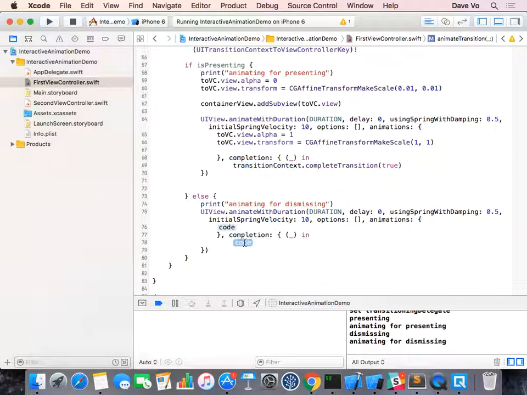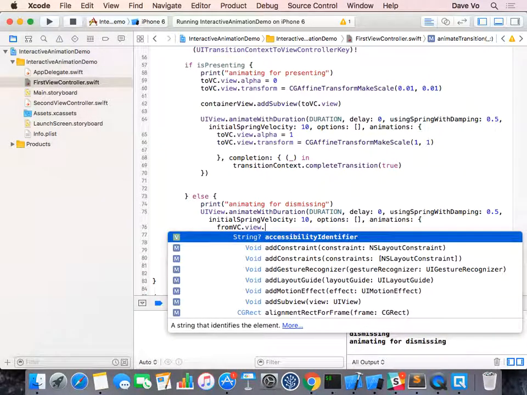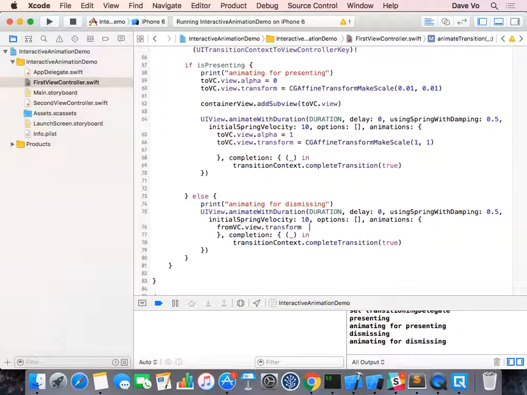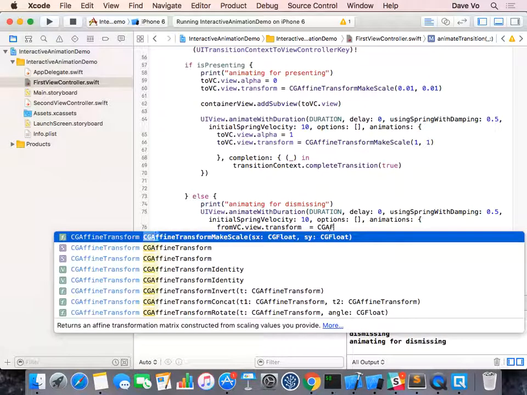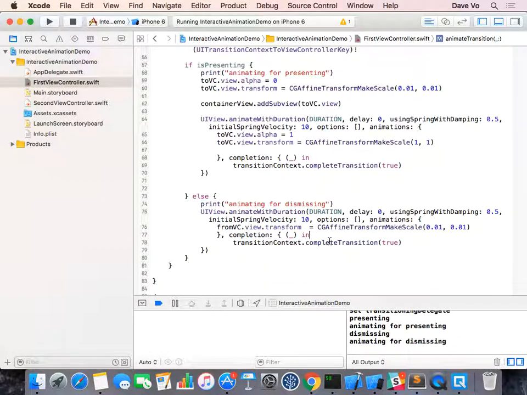So I also say that I already completed the transition. So what do we want to do here? We want to make the from view controller's view alpha 0, and we set the transform equal to CGAffineTransform, same thing here. So I want to make it 0, 0 again. And when it's completed, we want to remove